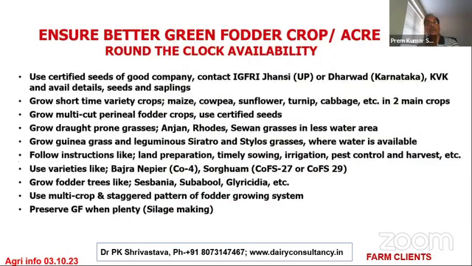Ensure better green fodder. As we have shown, there are many varieties of grasses which come in less water areas, drought prone areas. There are grasses for areas with more water, like all leguminous plants, guinea grass, setaria, and this atylosia and stylo. All these grasses are available where water is available. The Co4, Co3, Co5, COFS 27, 29, these are the varieties you can go for even 5 cuttings. So these things are available, but at the same time, you have to have the water resource.